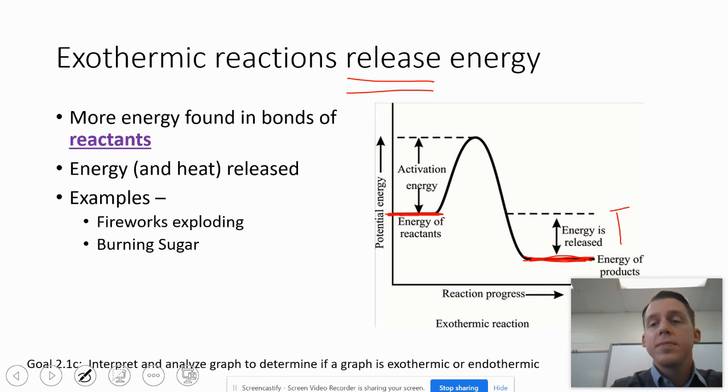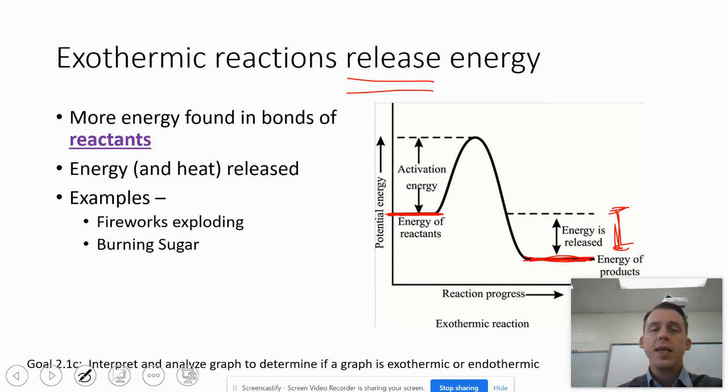So notice how much energy left. It's a particular amount from the beginning to the end. This is the amount of energy that left. And that energy went somewhere. So it was transformed into some other form. It could be heat, it could be movement, it could be ATP, it could be some other molecule, but energy